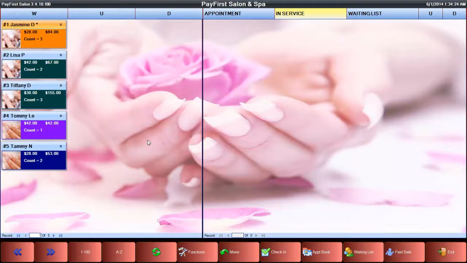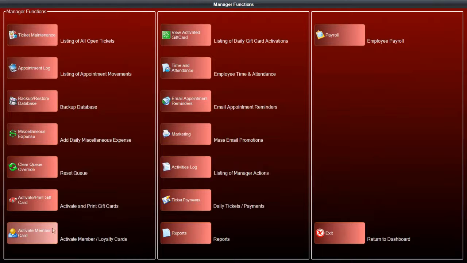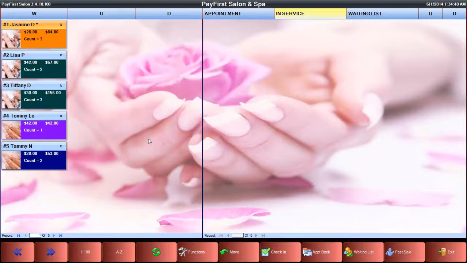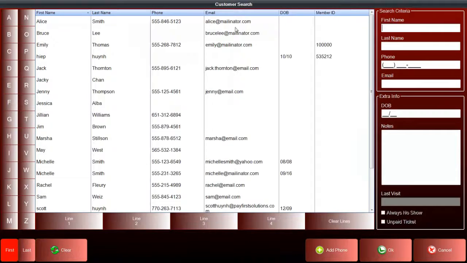Just like a gift card, we can activate a member card inside a ticket or from the manager function screen. So we go to the manager functions, we can click activate, and we get the same activate member card screen. Works in the same way. So let's go back into a ticket. And when we select the customer,